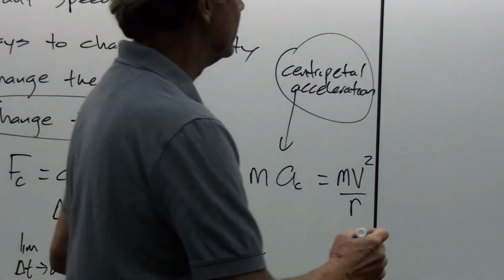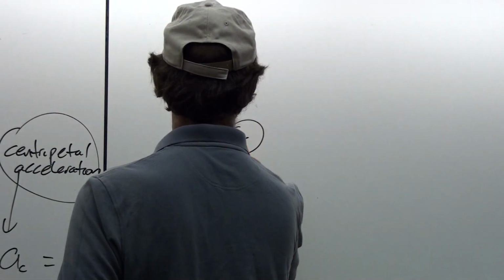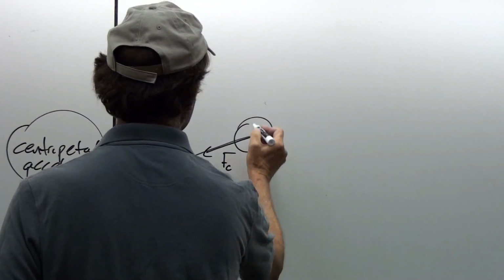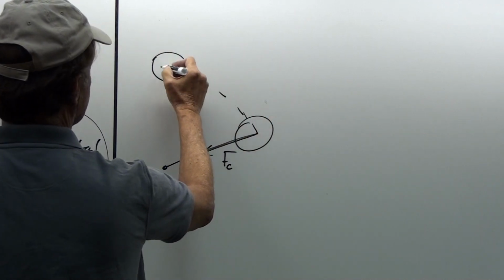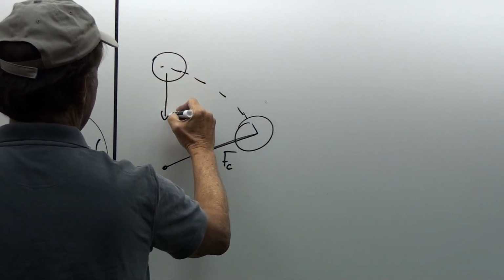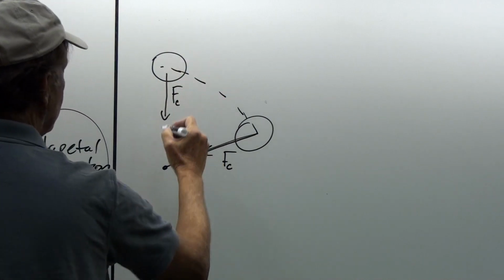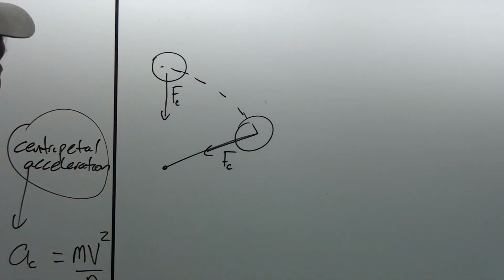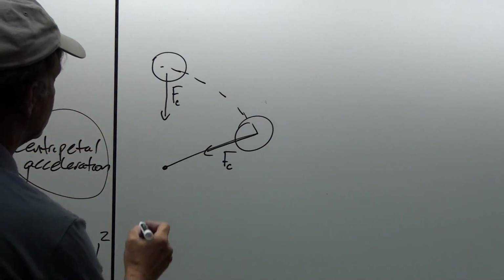And so how does that work? Well, that force always acts toward the center. That's why we call it a centripetal force, like a center-seeking force. So as the mass moves around in this circle, the tension in the string is always a vector that points straight away from the mass in the direction of the string, which is pointed toward the center of the circle. And so the centripetal force is always acting toward the center of spin.